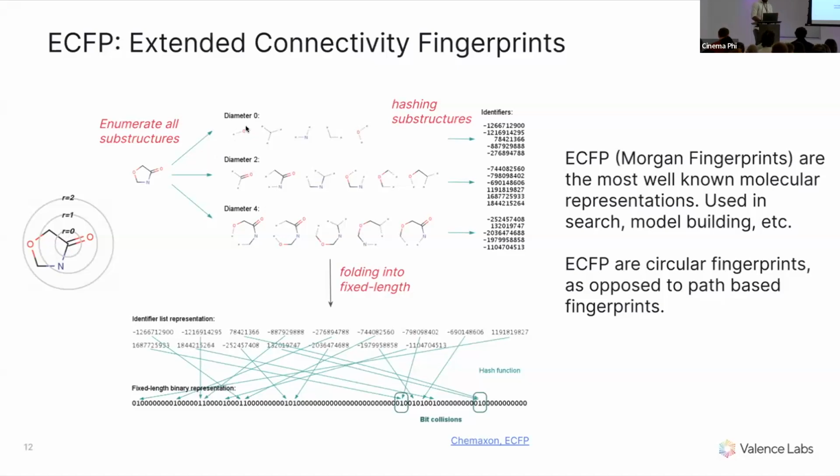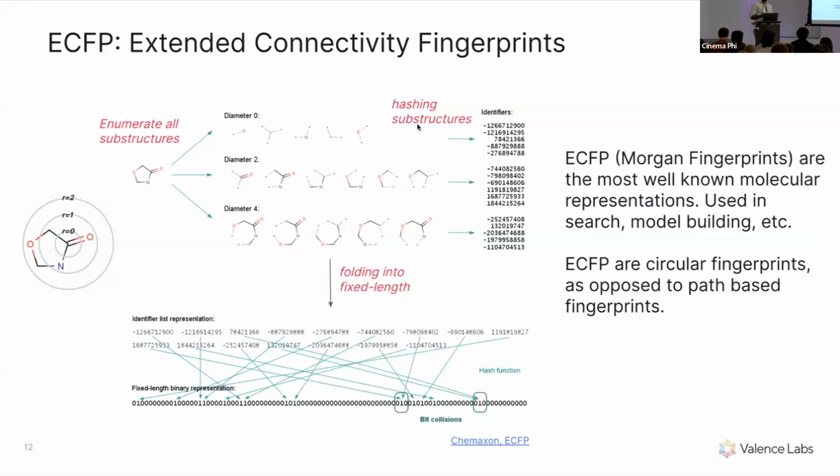So for maybe diameter 0 here, if I'm looking at this specific atom, you have some set of substructures, and if you look at diameter 2, you have some other set of substructures and such. And then you can pick each of these substructures, usually we call them atom environments, and